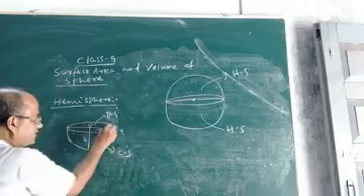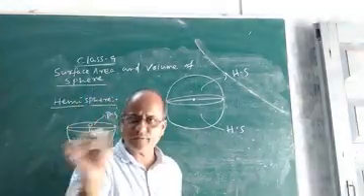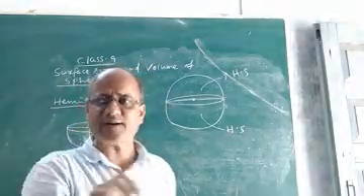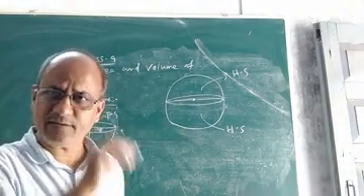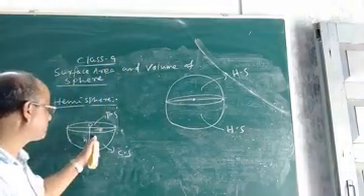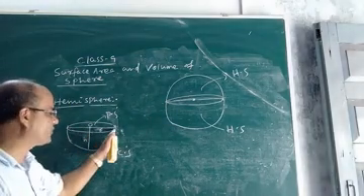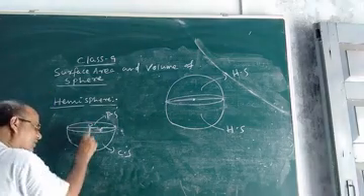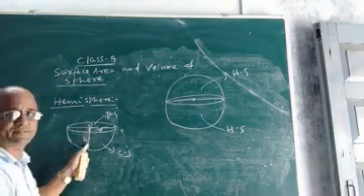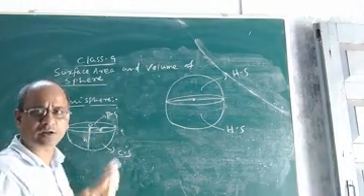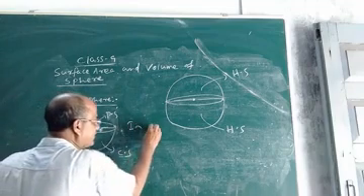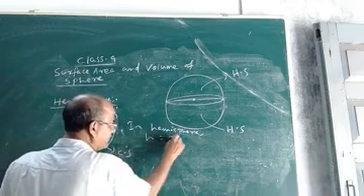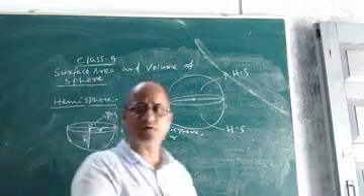Okay, now this is the center. So what is a hemisphere? I hope you understood. The diameter of a sphere divides it into two parts, and each part is called a hemisphere. Now if this is the hemisphere, this will be the radius of the hemisphere, and this is the center of the hemisphere. This is the radius, and this is also the radius, and it is equal to the height or depth of the hemispherical bowl or hemisphere. That means in a hemisphere, the height is equal to its radius.